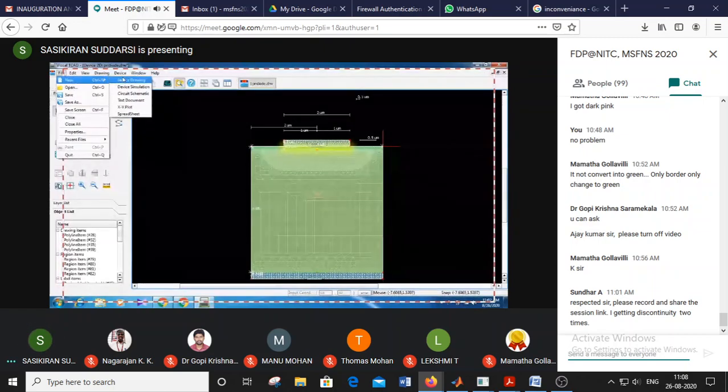We can draw a new device, we can simulate that device, and we can convert that device into a circuit schematic. This test script is for the 3D device. So 3D devices are made using some testing script. These are some XY plot and spreadsheet, for the results parts. Okay, we will use device simulation.